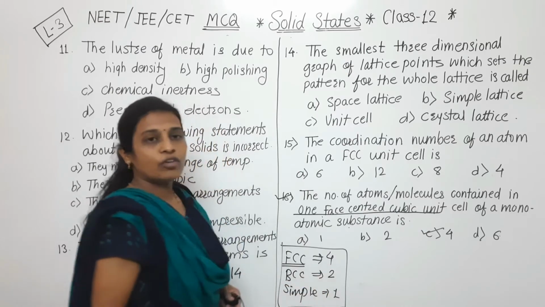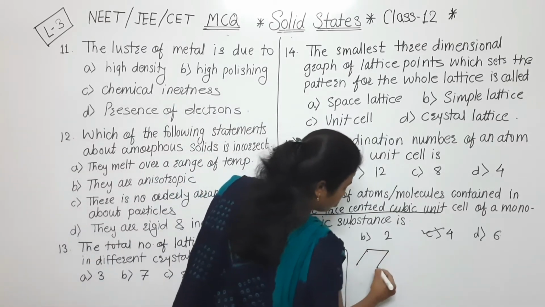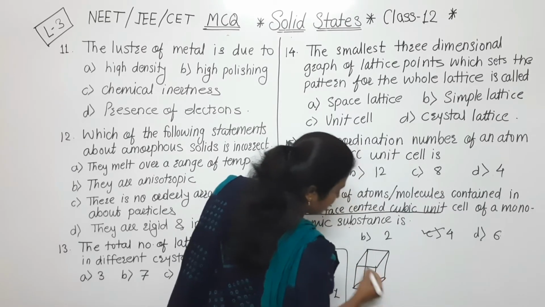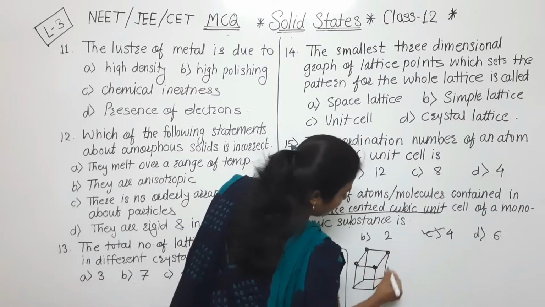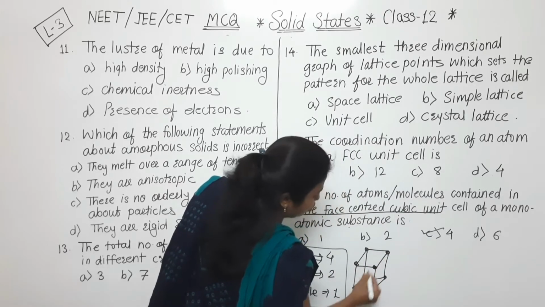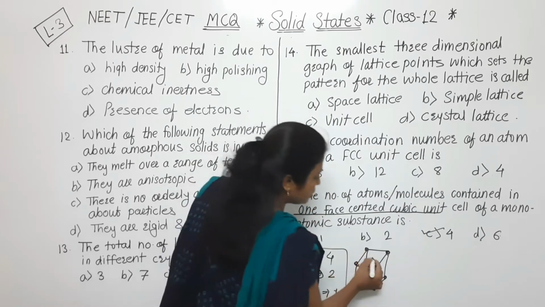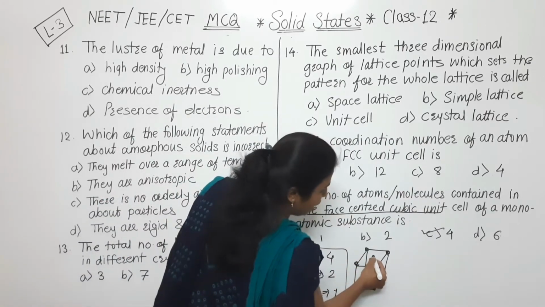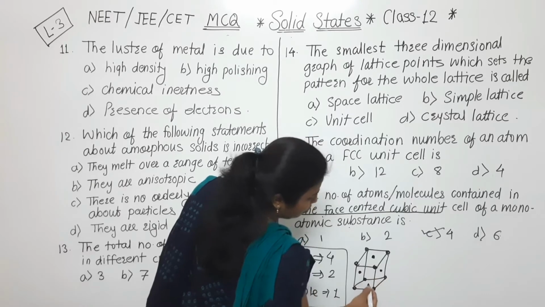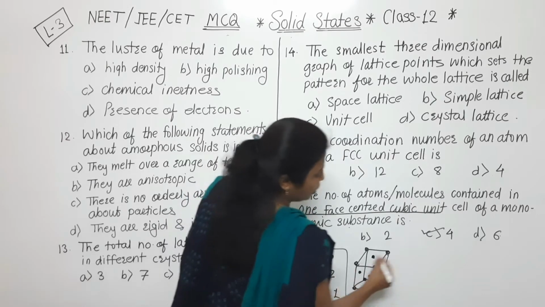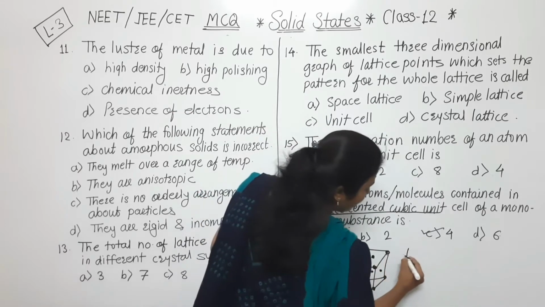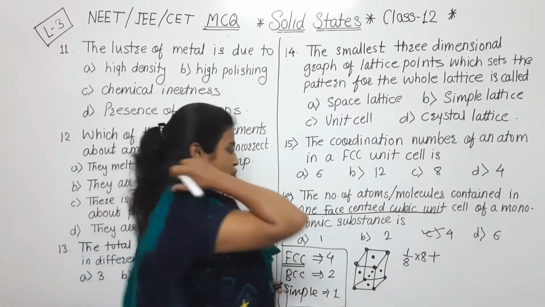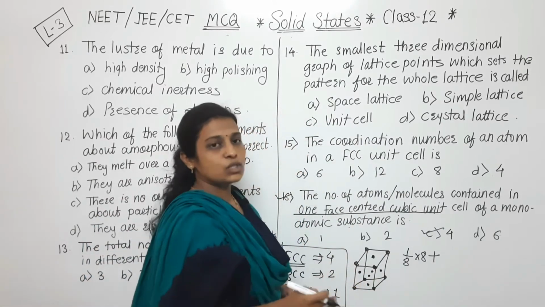How to calculate that number of atoms? See, for that purpose firstly we have to draw the cube, and as we know, for FCC atoms are present at the corners as well as at the faces. So here we have completed 8 corners. Now faces: above, below, left, right, front, back, like that, 6 faces are there. So if we consider the corners, 1 by 8 into 8 plus, because we want to calculate the total number of atoms. So whatever is present at the corners as well as faces together we have to take.